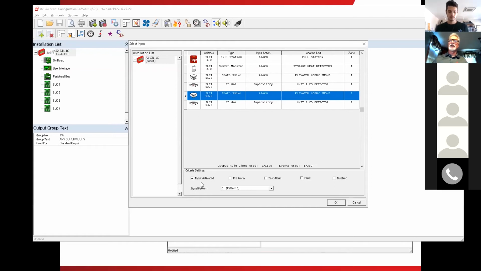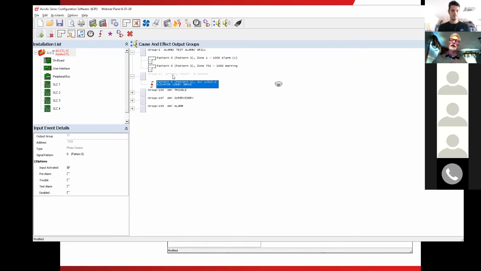Once I've done that, as long as that input point is active, the signal pattern 0 is delay for no seconds and activate. And I'll say okay. So when we look at that, we can see we have a primary recall. I know it's a little faded. It's gray at this point. We'll make it black in a few moments. So that's my primary. And see, that's my 2nd floor elevator lobby, pulling my relay and pulling the elevator down